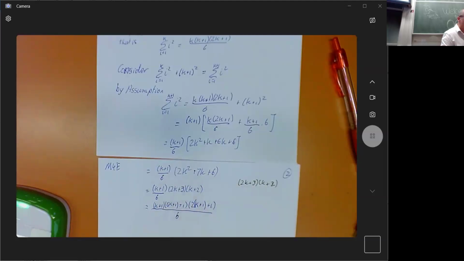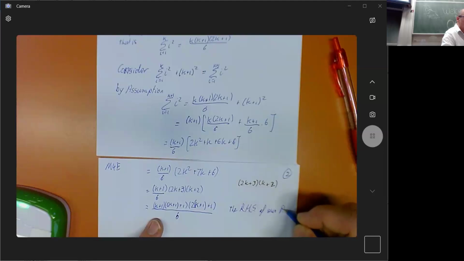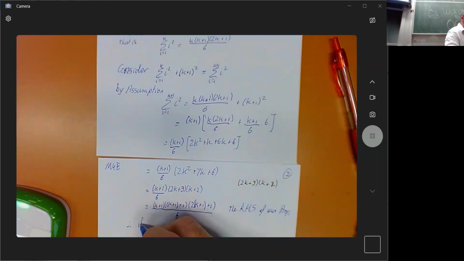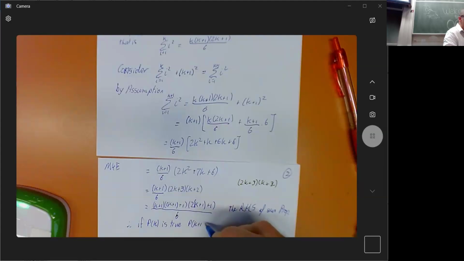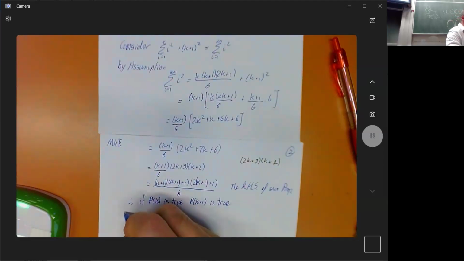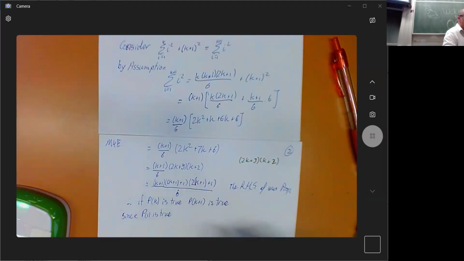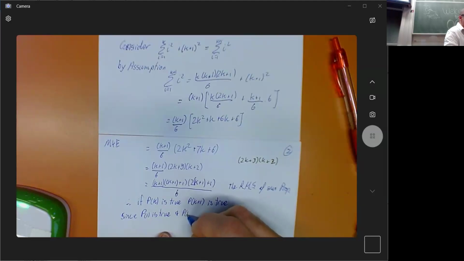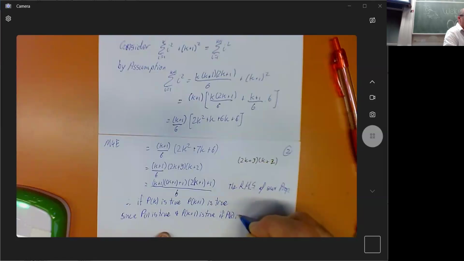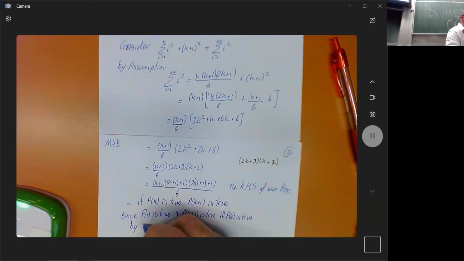Now, the reason I've done this is this is the right-hand side of our proposition. So therefore, if P of k is true, P of k plus 1 is true. All right. So, since P of 1 is true, the thing we started off by showing, and P of k plus 1 is true if P of k is true, by the principle